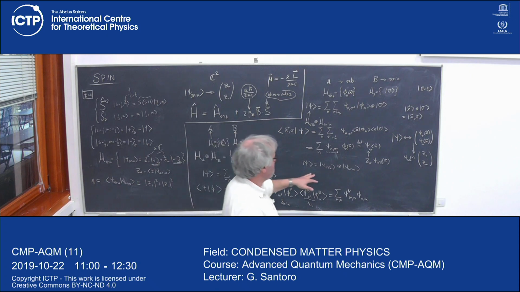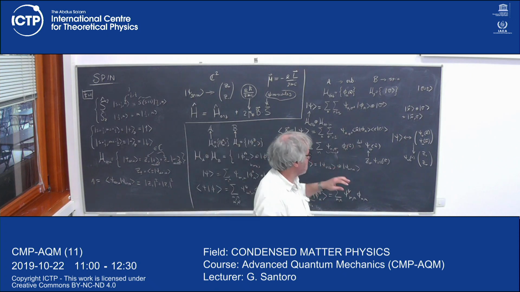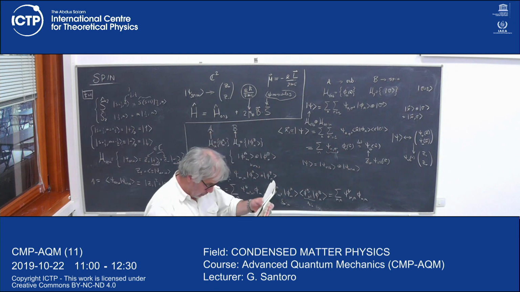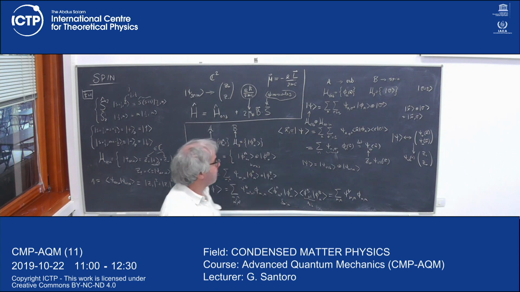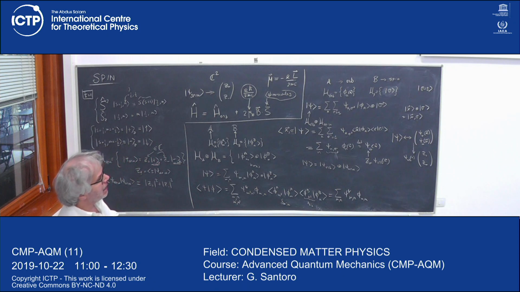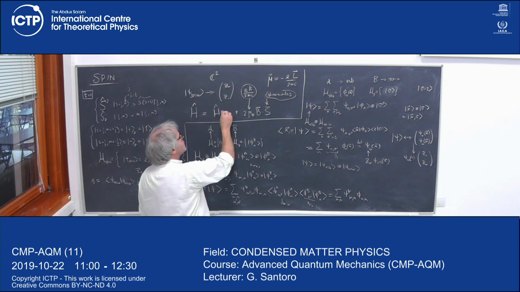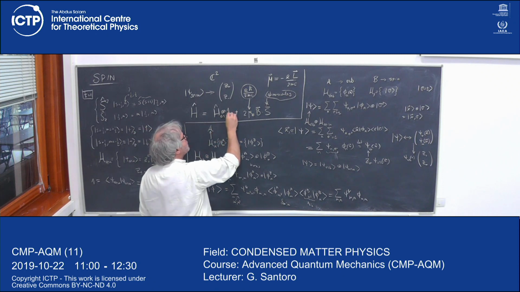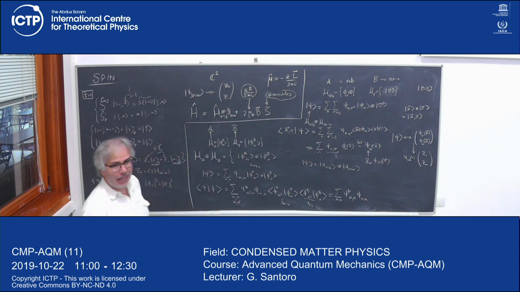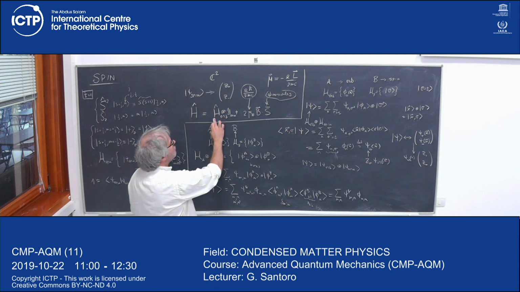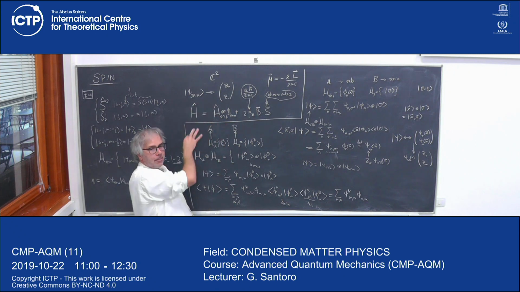In some cases, however, you can disregard those terms and factorize things like this, which is a good description of your system. But this depends on the situation. Now, having introduced this, let's see, what does this mean? Obviously, this means an operator that works only on the orbital Hilbert space while it acts as the identity in spin space. So this is just a compact way of writing something which looks at the orbital part